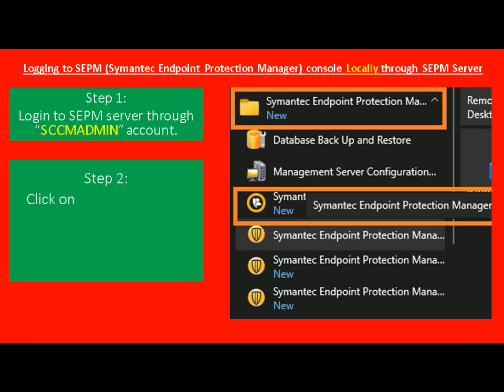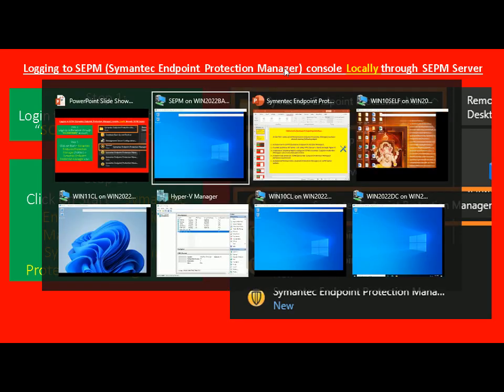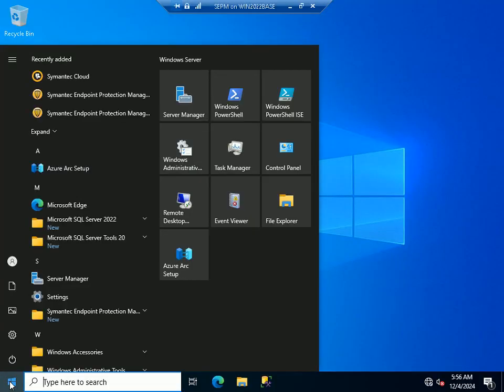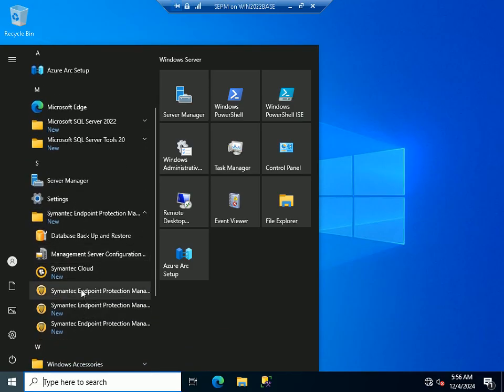So step number 2, we need to open the local Symantec Endpoint Protection Manager console locally. For that we need to click on Start, Symantec Endpoint Protection, that is a folder, and under that there is the icon called Symantec Endpoint Protection Manager. So I will go to my SEPM system, Start, and it is Symantec Endpoint Protection Manager. This is a folder icon. If I click on it, it will give me some sub menus. So I have to click on this icon, Symantec Endpoint Protection